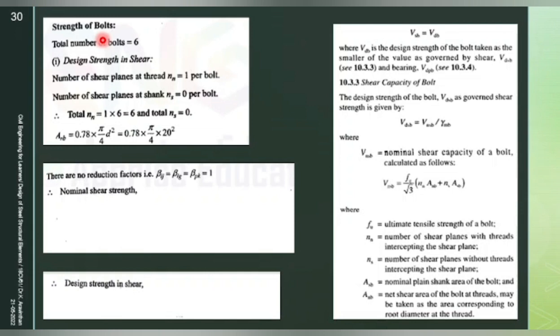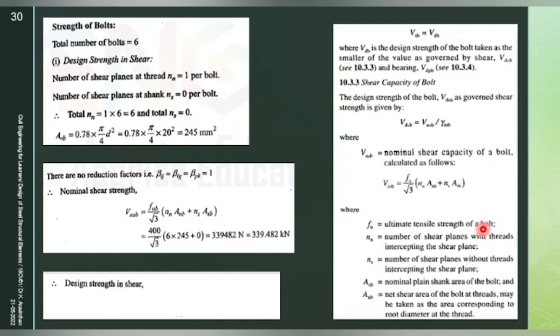245 mm squared, you will get that. If you know n_n and A_nb, both components are known, and this other component is 0. Now can you find the nominal shear strength of the bolt, V_nsb? f_u is the ultimate strength of the bolt. It is given in the data itself. What is the ultimate strength of the bolt? 400. So 400 divided by root 3, times 6 times 245,